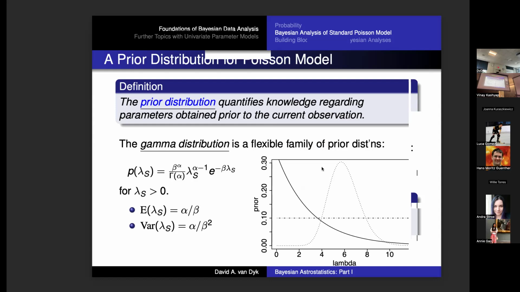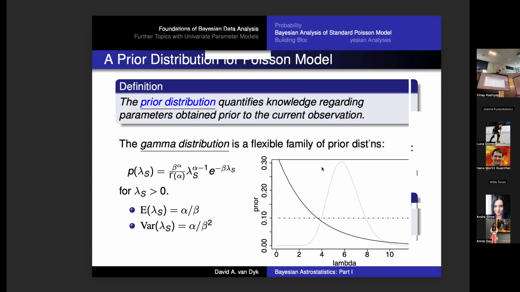It could be you did an experiment yesterday, or you have an observation from 2 years ago about this particular source, and you did a statistical analysis that told you something about the mass of this source, or the intensity, or whatever it is. So you have information that you're going to put into your analysis from previous analyses. Or it could be of a completely new source, a completely new kind of source, something you know nothing about. And you still want to say what you think about the likely values of the parameter.